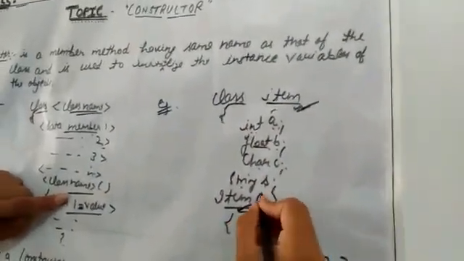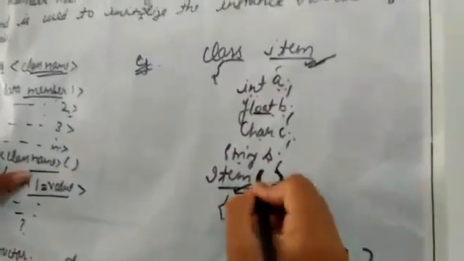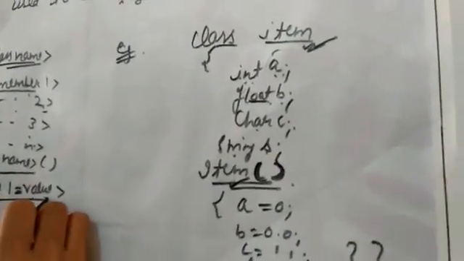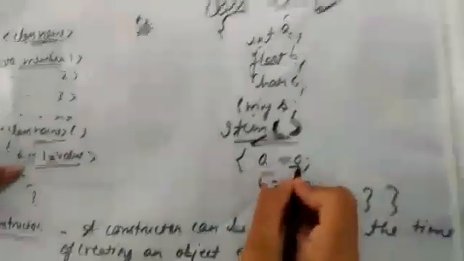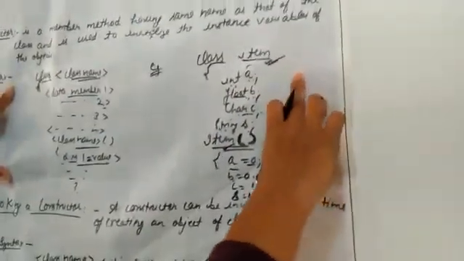And here we have defined with the class name. So class name was item. I have created a constructor over here with these braces. It is the identification of the constructor. Then they have defined data member 1 equals value. So suppose I have taken 0 because a is of integer type. Then b is of float type, so I have taken 0.0 over here. Then character c in single quotes and semicolon. Then string s in double quotes and semicolon. Then I have closed the 2 braces. So this is the method to define a constructor.